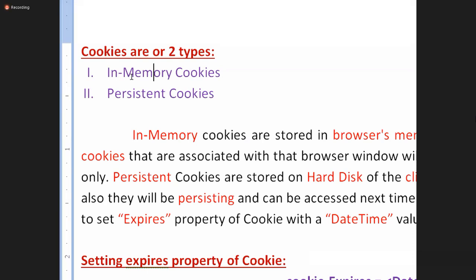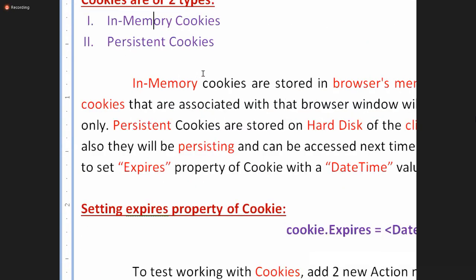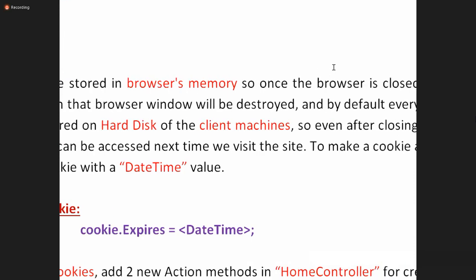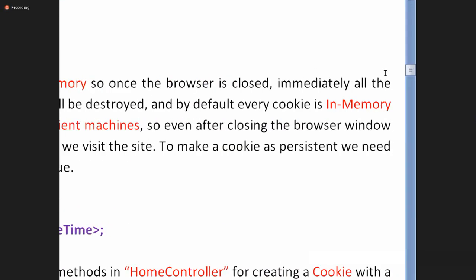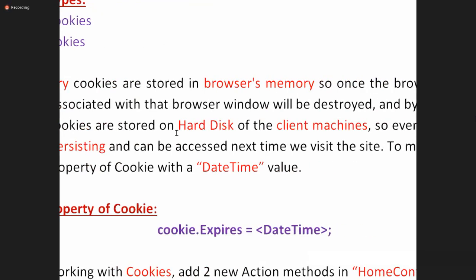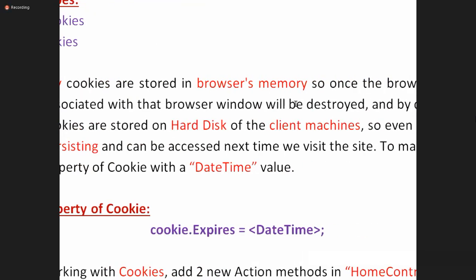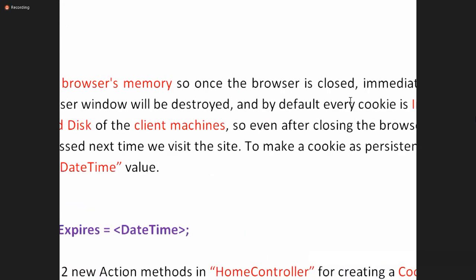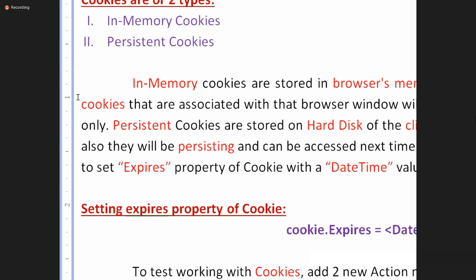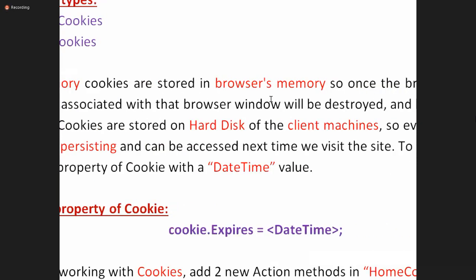Cookies are of two types. In-memory cookies are stored in the browser's memory. So once the browser is closed, immediately all the cookies associated with the browser will be destroyed. By default, every cookie is in memory only. Persistent cookies are stored on the hard disk of the client machine.